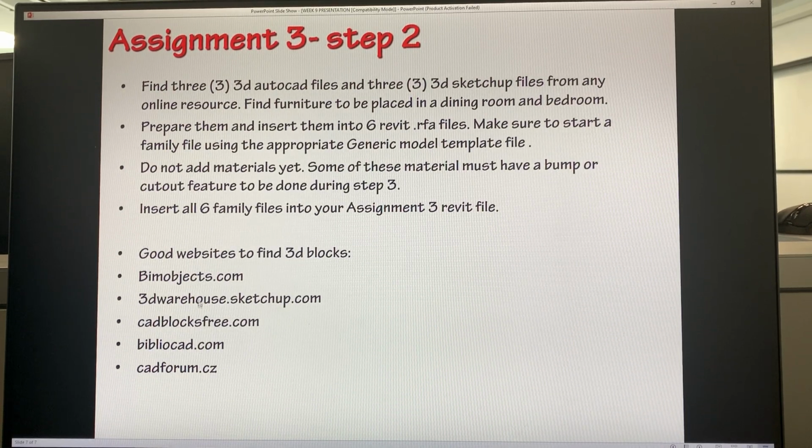And here are a bunch of online resources that I would highly recommend. Find furniture to be placed in a dining room and a bedroom area, okay? And they can mix and match. I always see all SketchUp put in a bedroom, and all AutoCAD put in the dining room. No, you can mix them up, okay? Prepare them and insert them into six